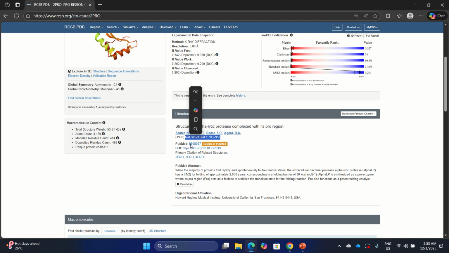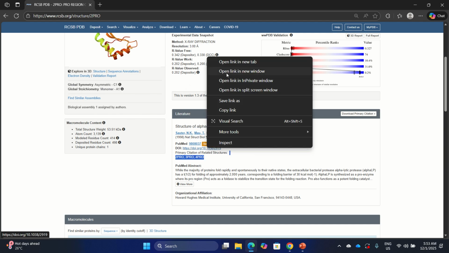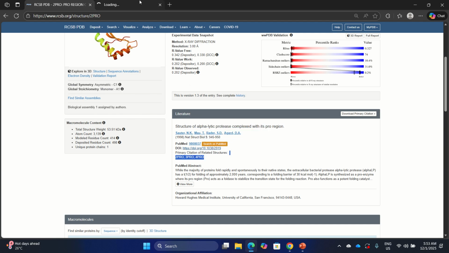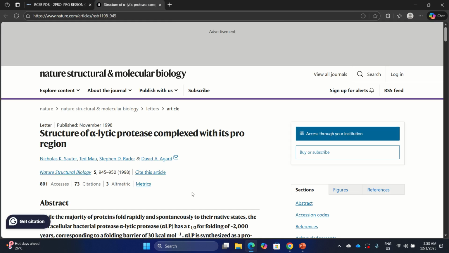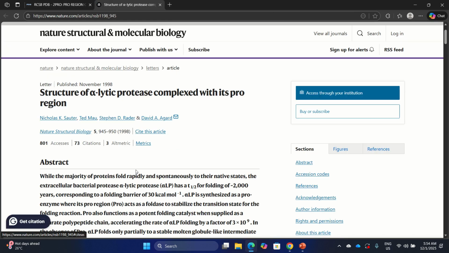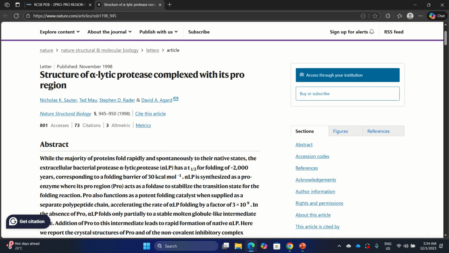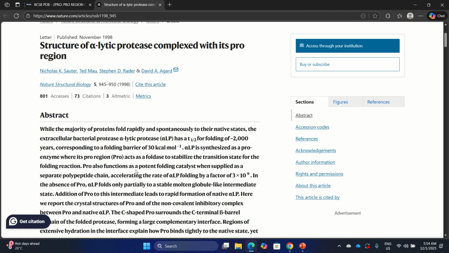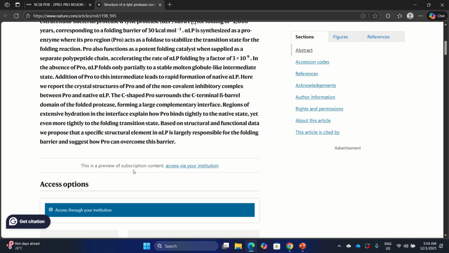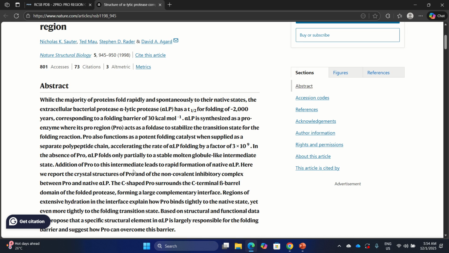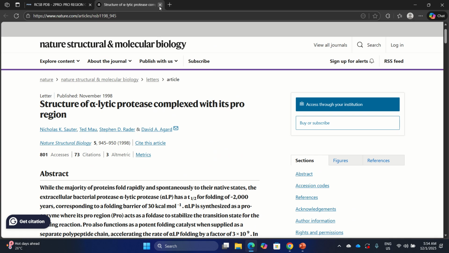And we also have here the PubMed ID and the DOI. So if you want to check the literature, you can just click the DOI and open the tab related to that DOI, and you will see the journal paper where this structure is published. And if you want to investigate more or to know more about this structure, you can just read this paper.